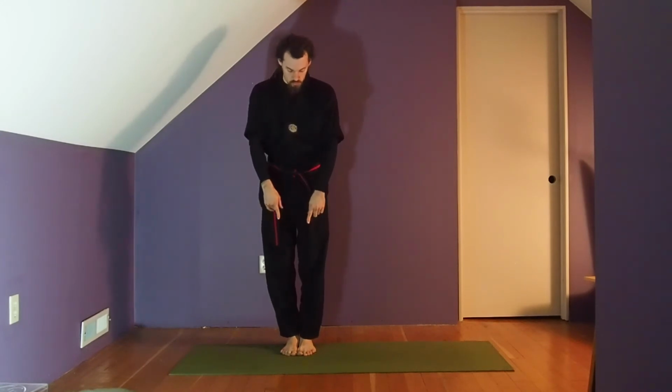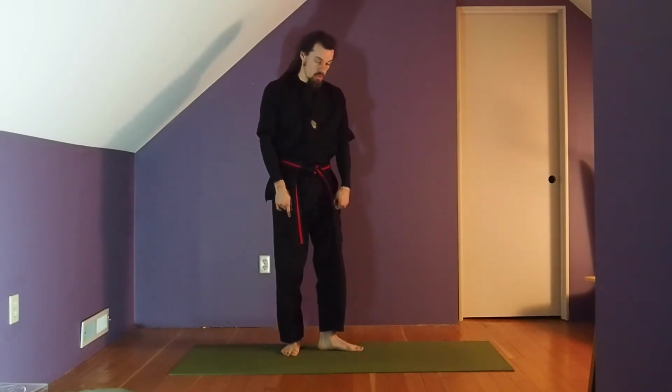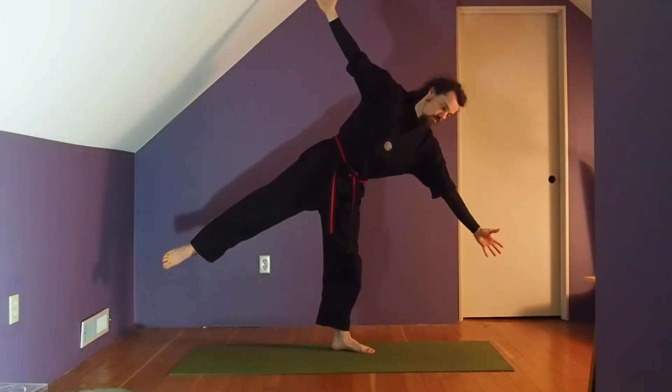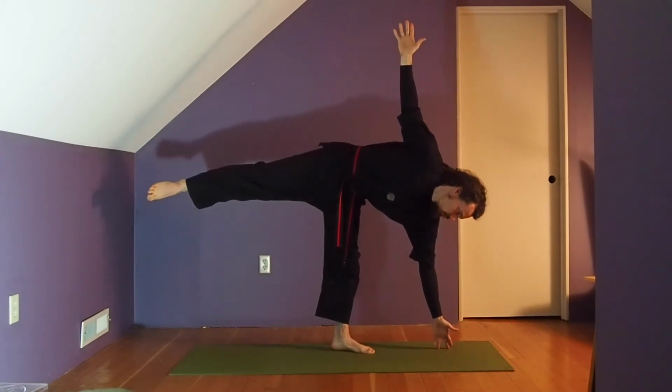This one's called half moon. So you're going to make a T shape and then tip it sideways. So start here with your toes forward, turn one foot sideways, make your T shape, stretch your arms out as far as you can, make them big and strong, and stretch your toe out, make it big and strong too. And you're going to keep this shape and rotate the whole thing down sideways and touch your fingertips to the ground